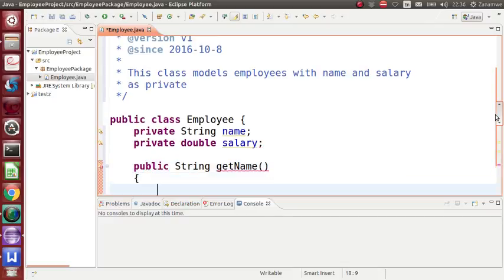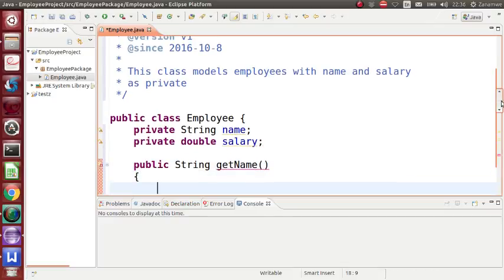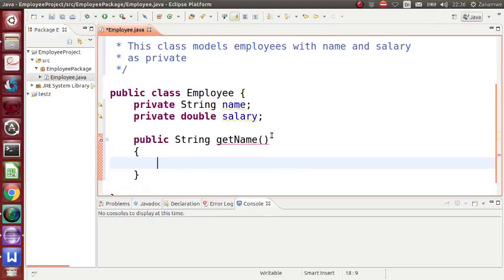Then I provide the body of that particular method. We need to simply say return name. Right, return name. Then the other method,